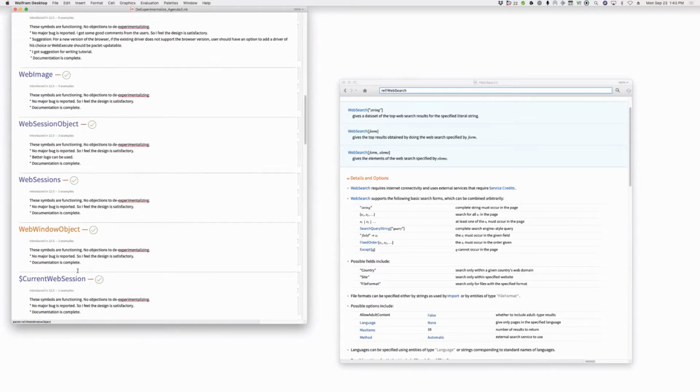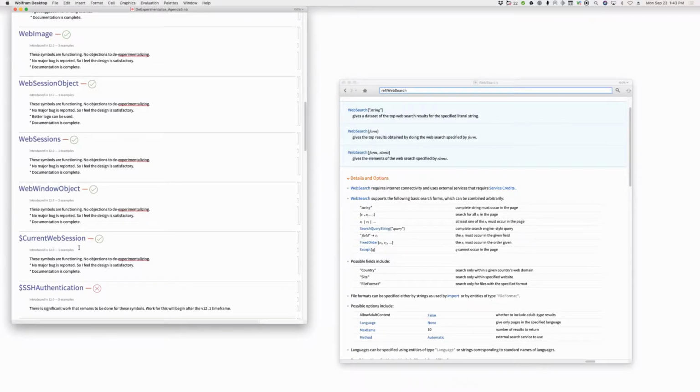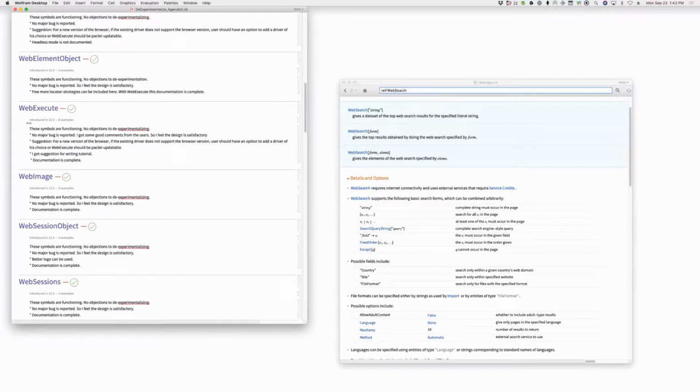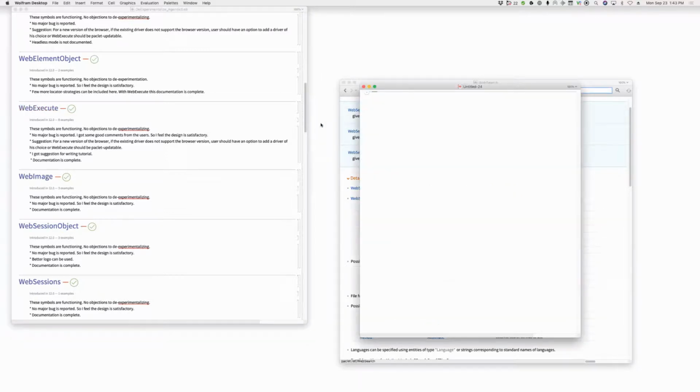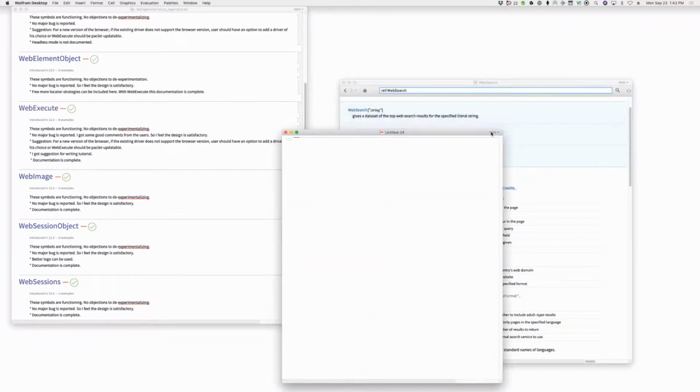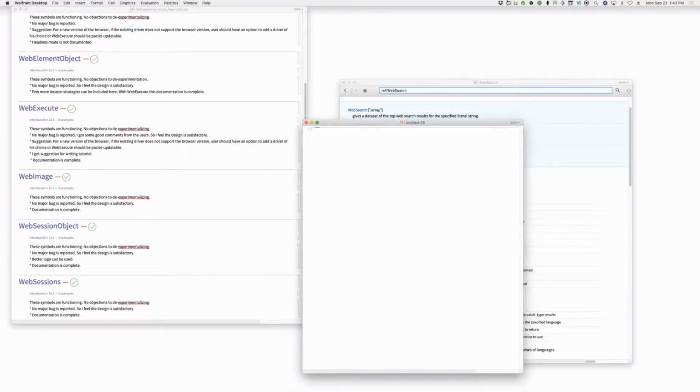Web window object. So I haven't used these enough to be sure about this, but Arnaud, I think you're here and you have been using these, right? WebExecute and so on. Yeah, I think so. Have you been fairly happy with them? I think so, yeah. And if I looked at tests you've written, the code for those tests is civilized. What does civilized mean there? I mean, it doesn't have a lot of weird idioms in it.